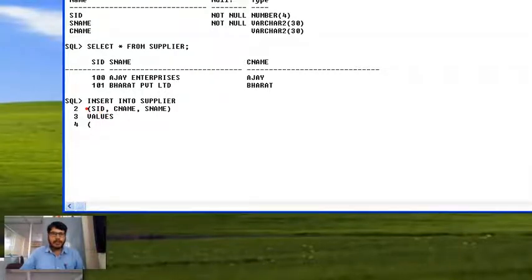So I have to first pass the value for SID here, put a comma, and later on insert a value for C name, and again put a comma, and after that insert a value for S name, and after that we can close the parenthesis.